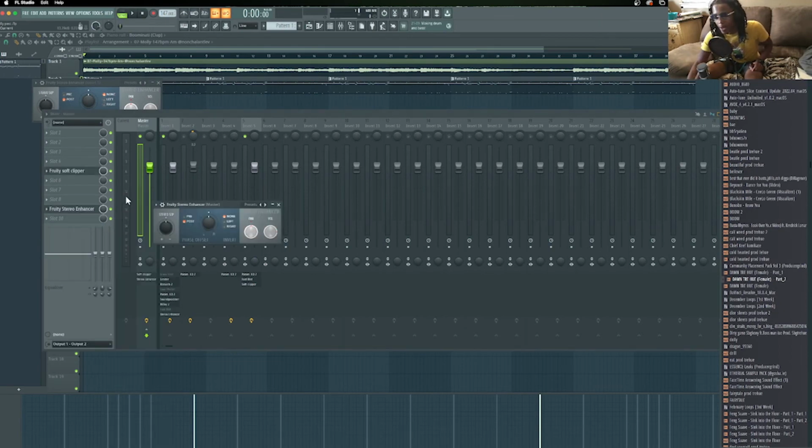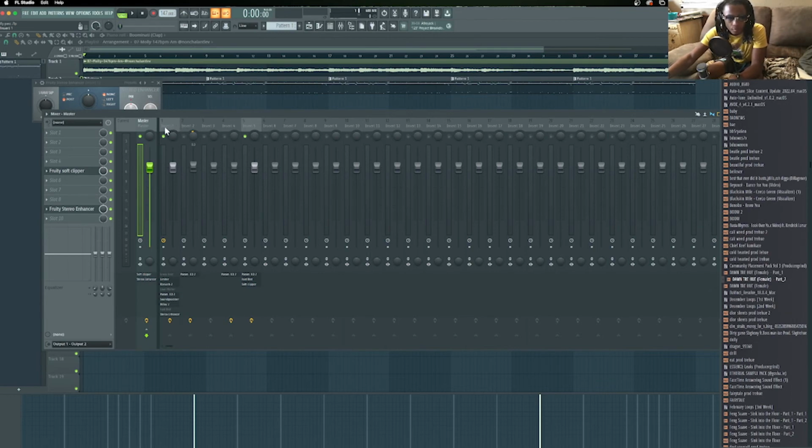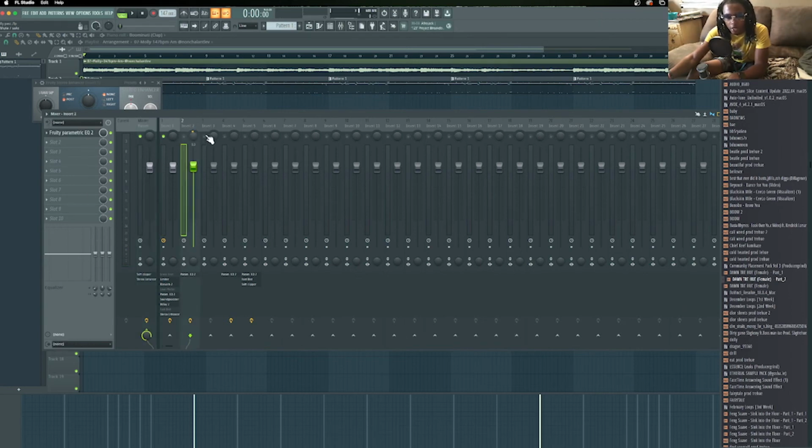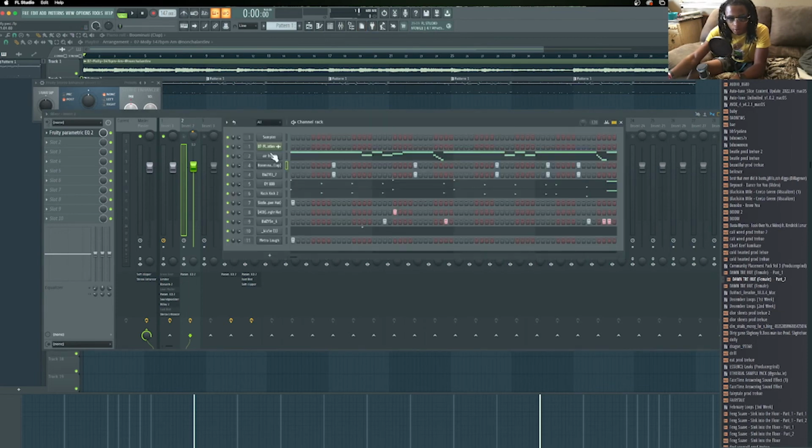Like I said, if you put it on the master track, it just makes everything in your beat hit better from left to right. You won't really be able to tell, but I promise you it makes a big difference. I also put this on my hi-hats because, I'm sure you should know by now, hi-hats are always supposed to be panned to the left a little bit. I don't know if you knew that or not, but always,